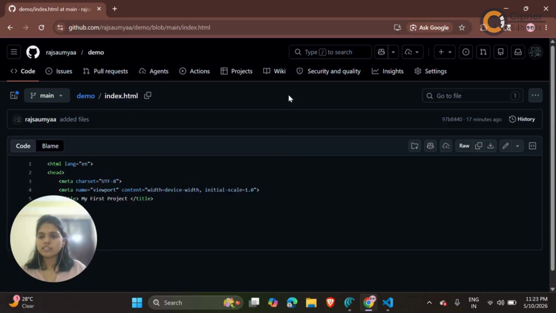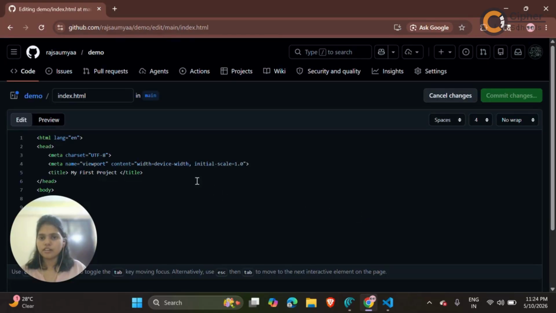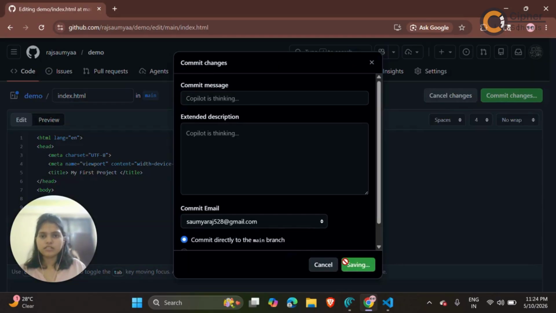Now for the last Git command, which is the git pull command, we can simulate a real team collaboration where we imagine that our teammate changes something in this code while we are away, and to show that, I'll just make a quick edit directly on GitHub. And commit all these changes.